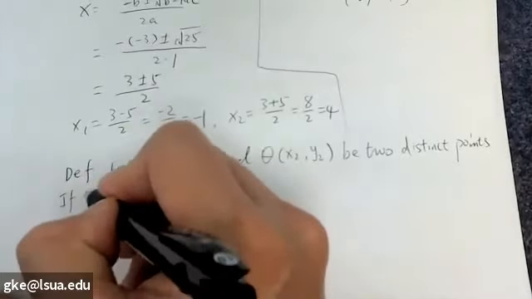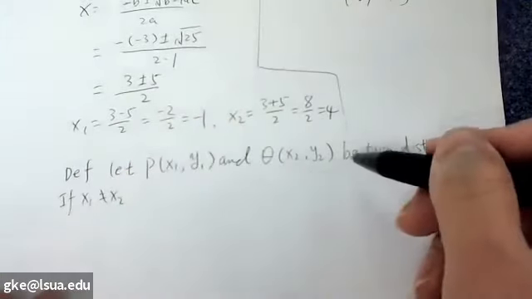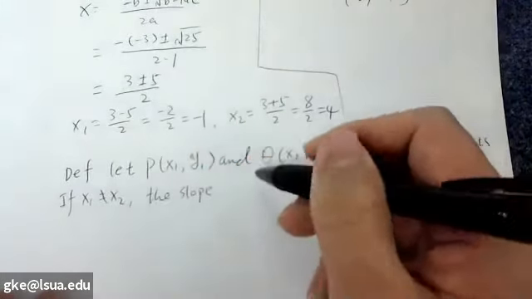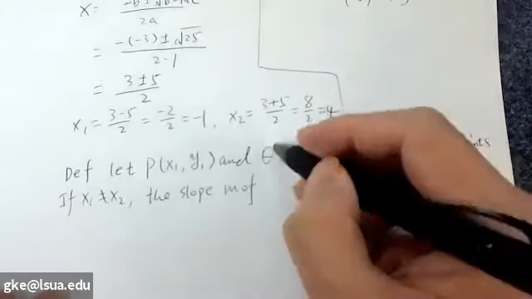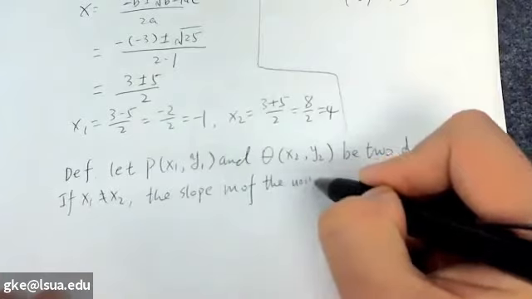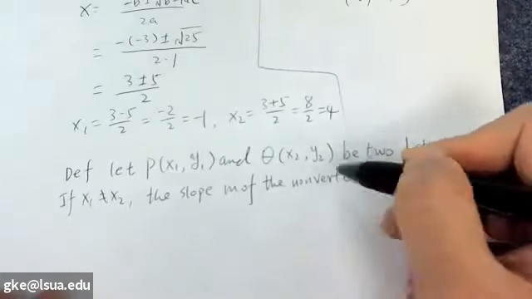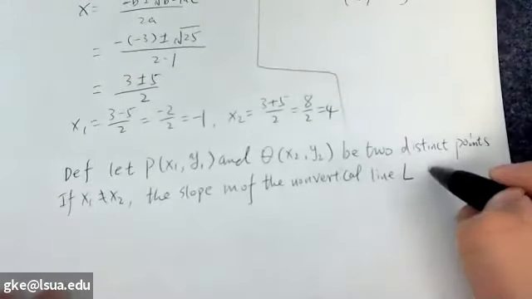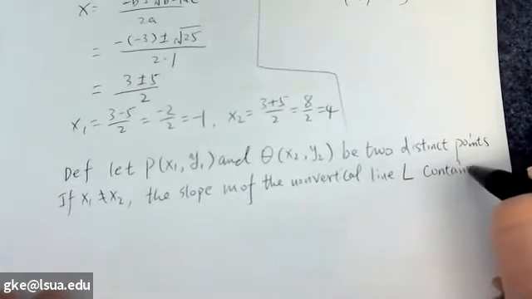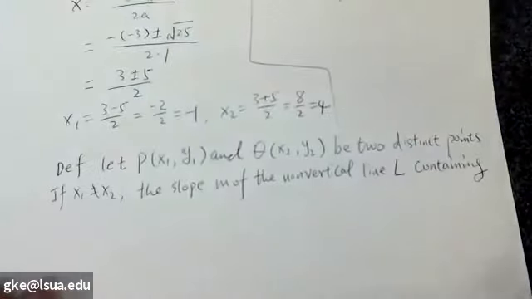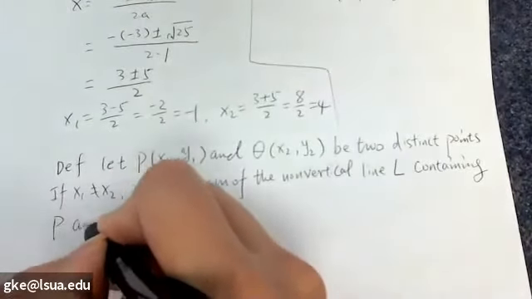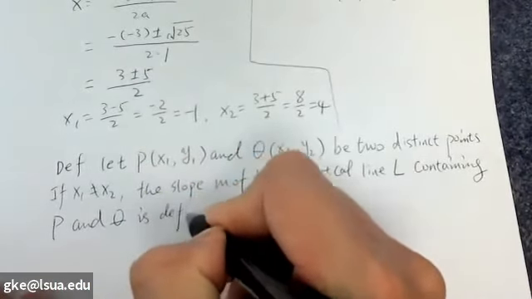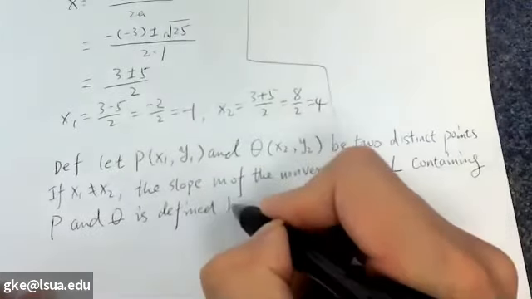If x1 doesn't equal x2, the slope m of the non-vertical line L containing P and Q is defined by the formula